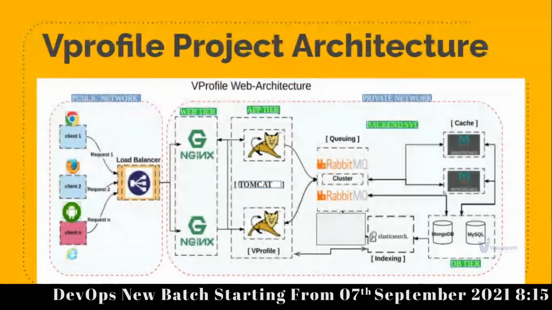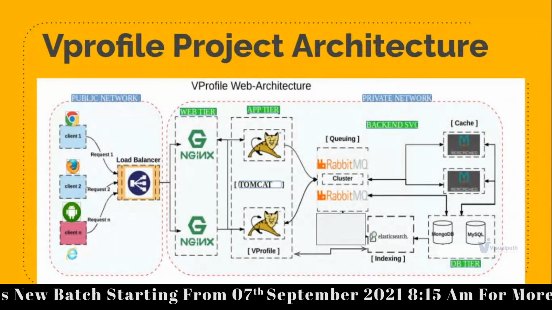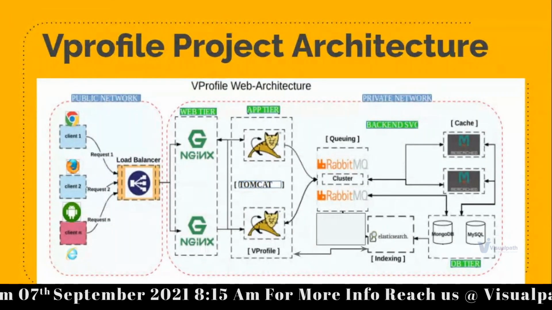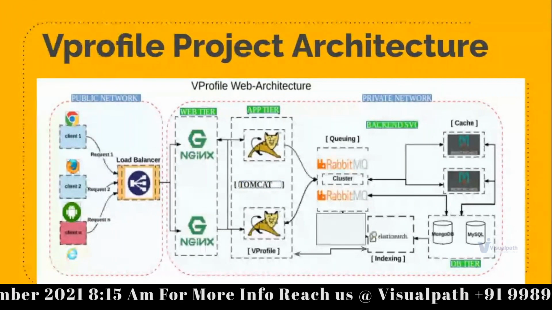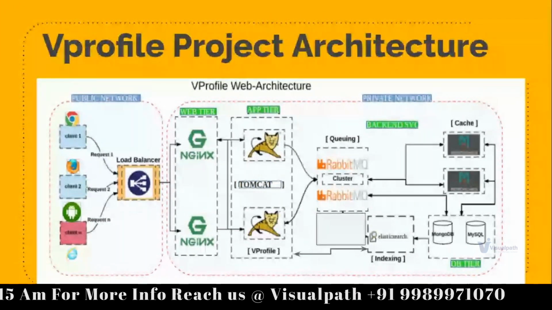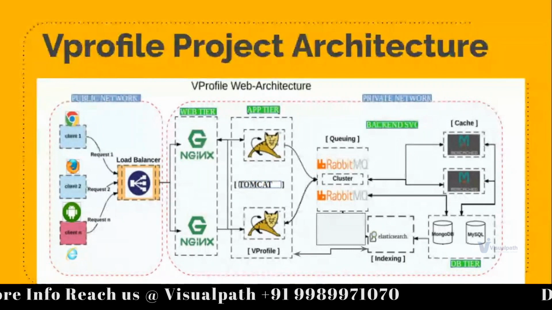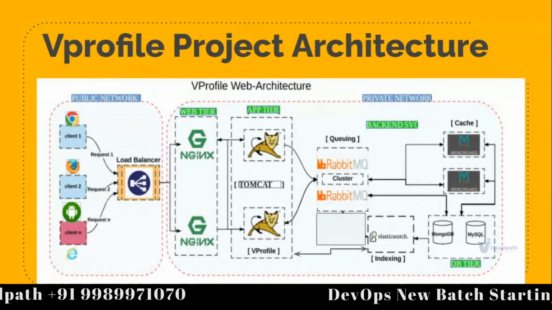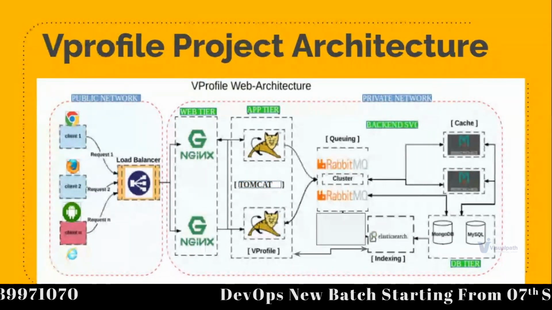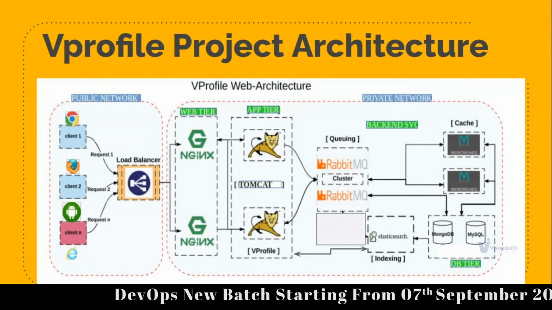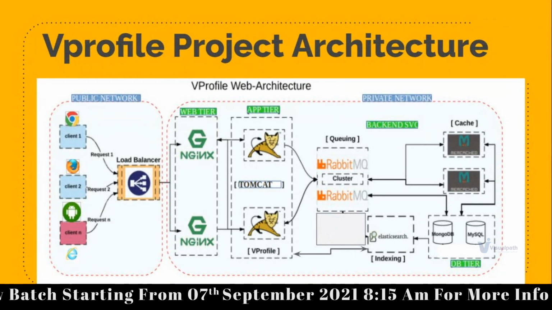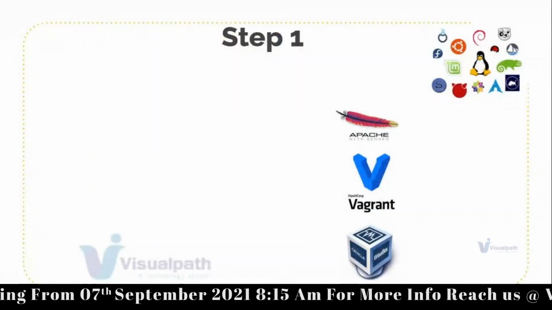This project consists of multiple services: Nginx, Tomcat, RabbitMQ, Memcache, MySQL, MongoDB, Elasticsearch. In the course, you're going to learn how to set up the project manually and then automate the setup on your local machine, then migrate it to the AWS cloud, and then set up CI/CD for it. You are going to containerize this project and run it on the Kubernetes platform. All the DevOps activity you're going to do is based on this project, and we'll learn about this project in detail.